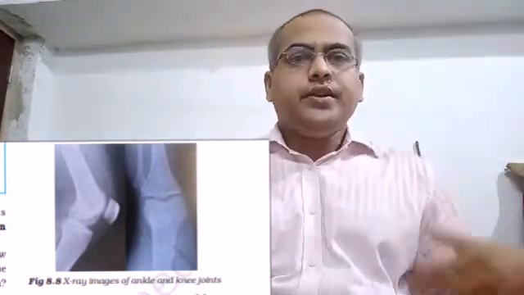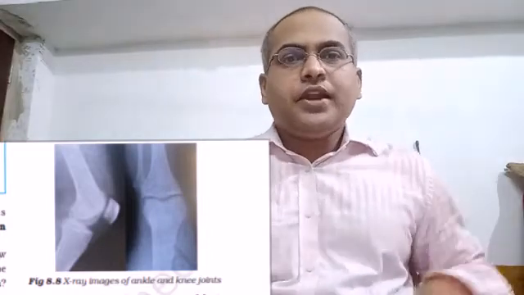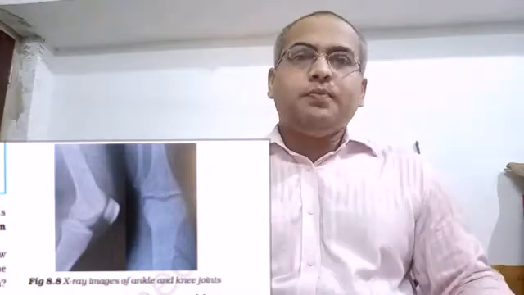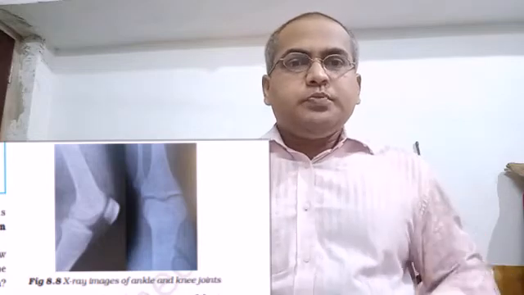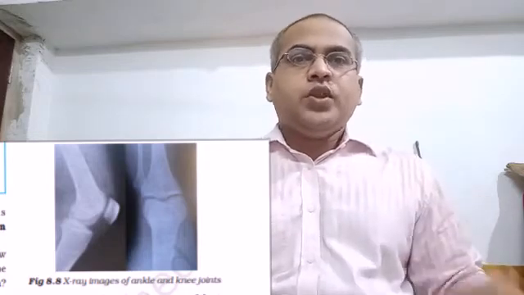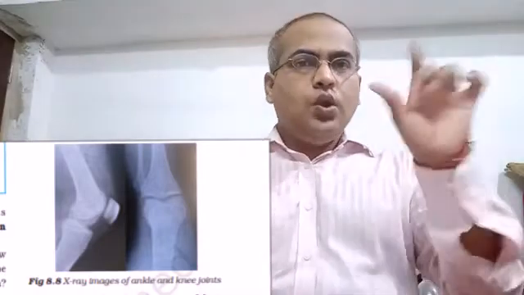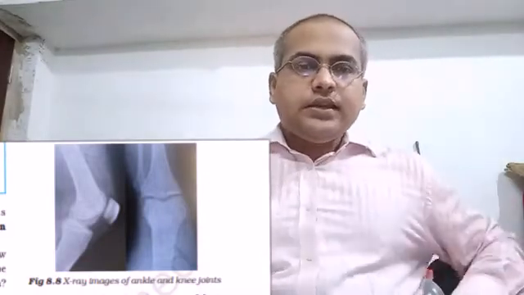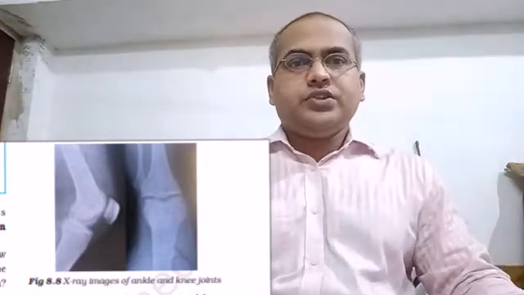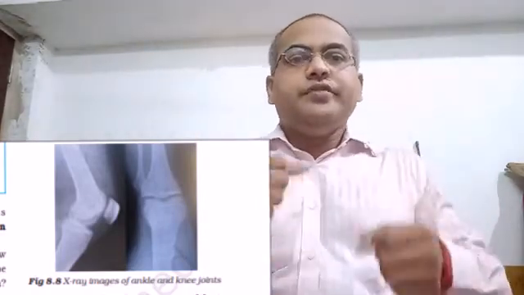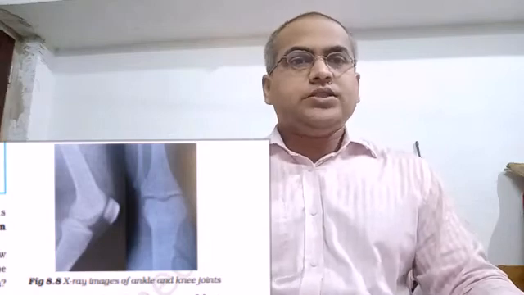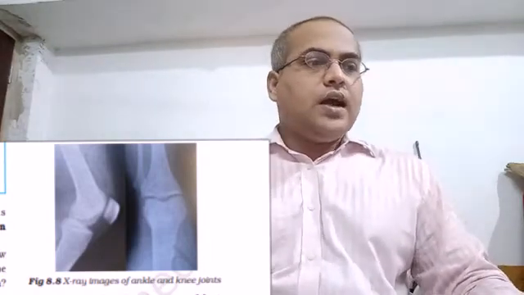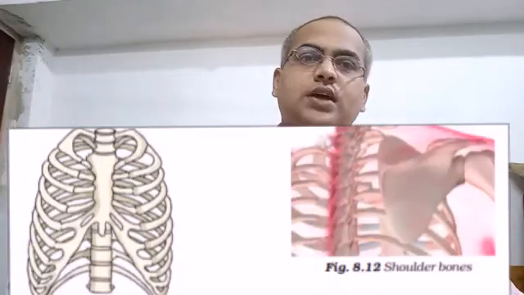Now a little further down comes the hip bones, called the pelvic girdle. Here 3 bones are there, 2 bones attached with the lower vertebra, and on the lower side they form a socket-like structure where our thigh bones are fitted with the pelvic girdle. These thigh bones are the long bones, and after the thigh bones comes the knee joint, and after the knee joint again 2 bones are there.